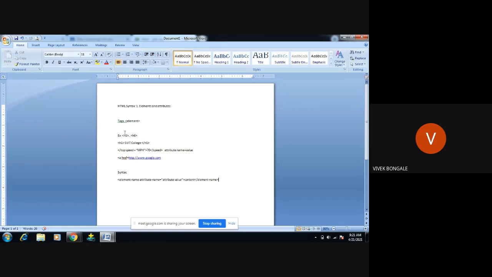Angular bracket open, then element name, then close. Right? When it comes to an attribute, attribute name equals attribute value. The attribute value is always enclosed in single quote or double quote. This is in XHTML. When it comes to HTML5, there is no need of mentioning the single quote or double quote. Slight modifications, slight changes will be there between the versions of HTML. In XHTML, we have to give the single quote or double quote. When it comes to HTML5, no need of giving them. But other things are all common, all the same. Right? And the syntax is one.